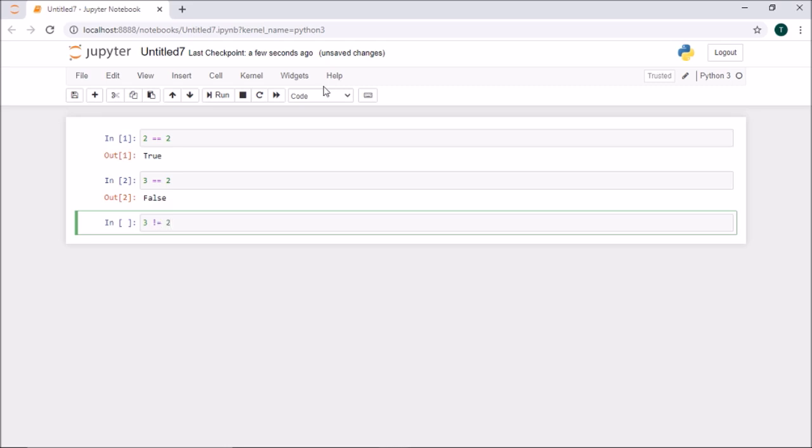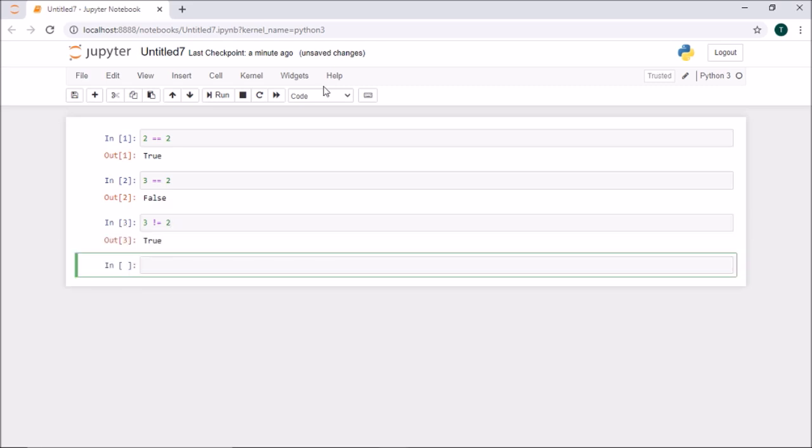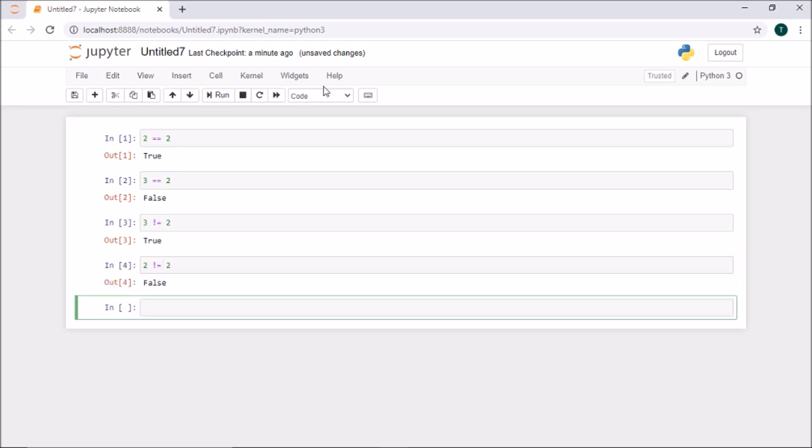Is this right? Yes, 3 is not equal to 2, so if I run that, it is true. If I say 2 is not equal to 2, obviously 2 is equal to 2, so if I run it, I get the output false, right?